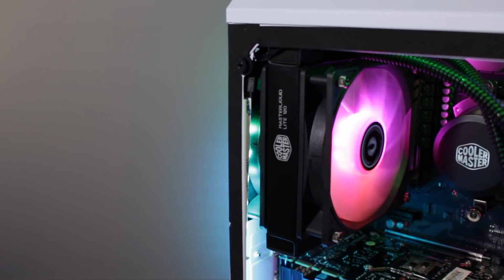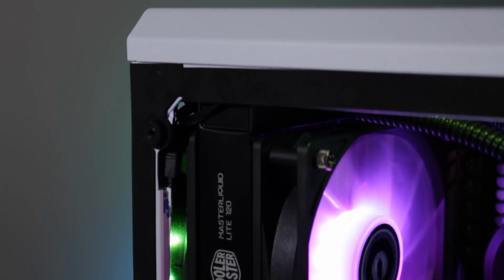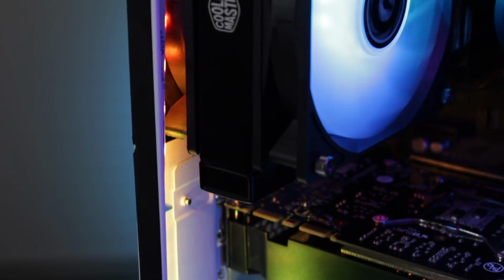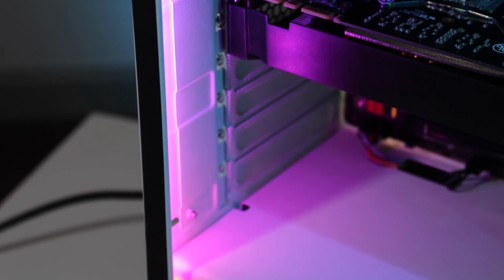Cooling this CPU is this 120mm Cooler Master Liquid AIO. I got this on sale for $40. $40 for an AIO is a pretty good deal. This one doesn't look the best, but it definitely gets the job done by keeping the powerful 1700X cool and